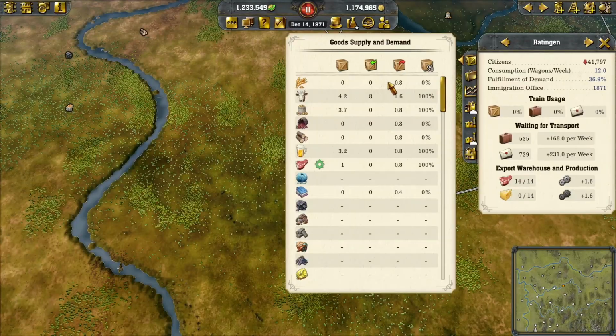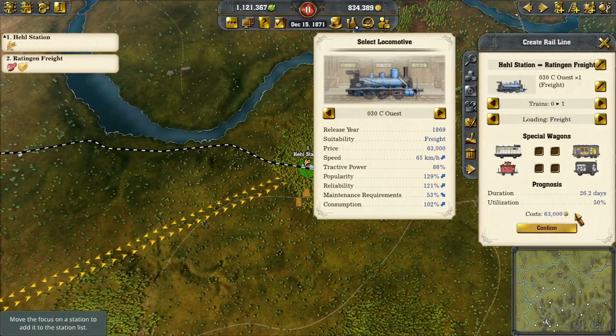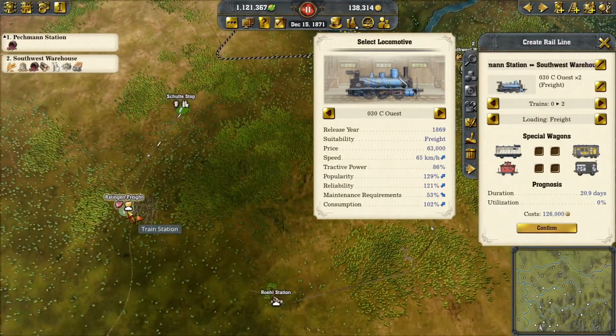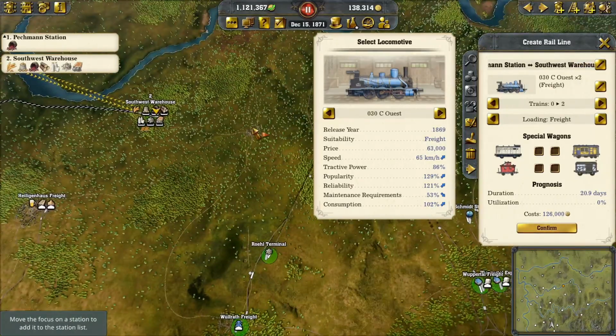So what's left? Okay, they're going to need grain, and they're going to need cloth eventually. Now we have our grain coming into Radingen, running full. So we decided to make a southwest warehouse here. Radingen's kind of doing okay on its own, but mainly we're going to feed Heiligenhaus, Velbert, which is right here,